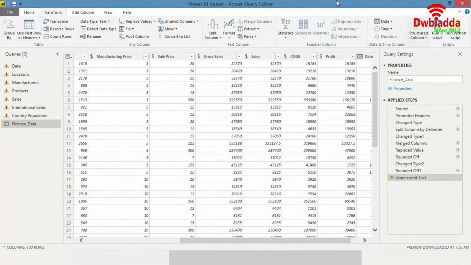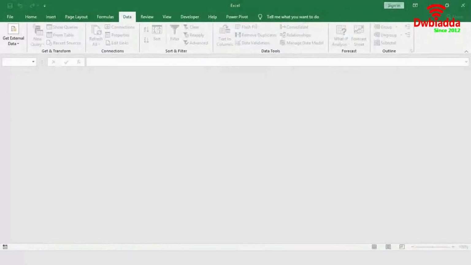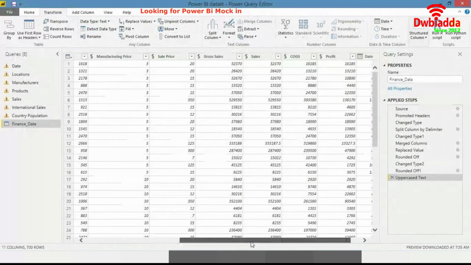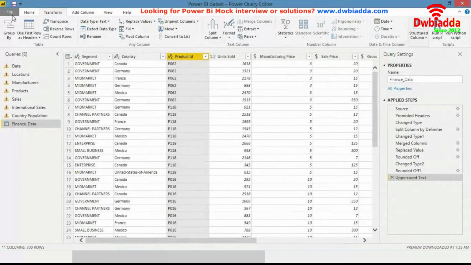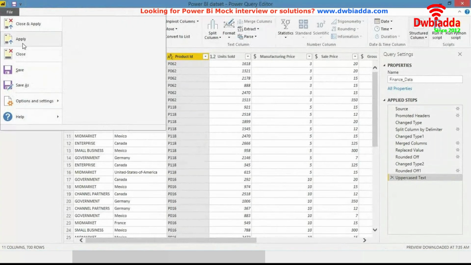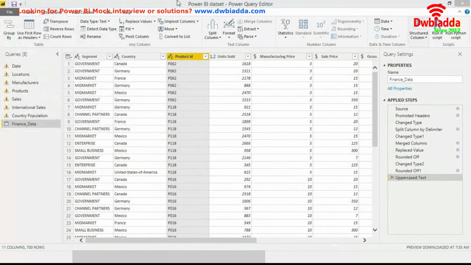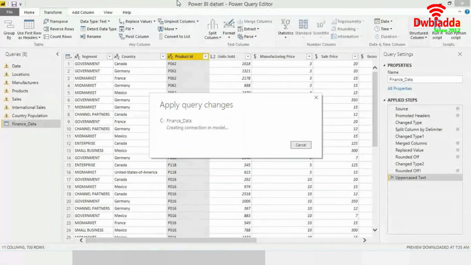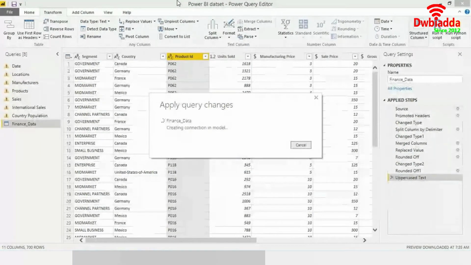And I'll tell you the most interesting part about it. Once you have created the data, after doing all your changes, you basically have to apply the changes and close the query editor. Once you apply the changes, it will take a little bit of time. Power BI is saving all the changes and importing the data into the Power BI data model.